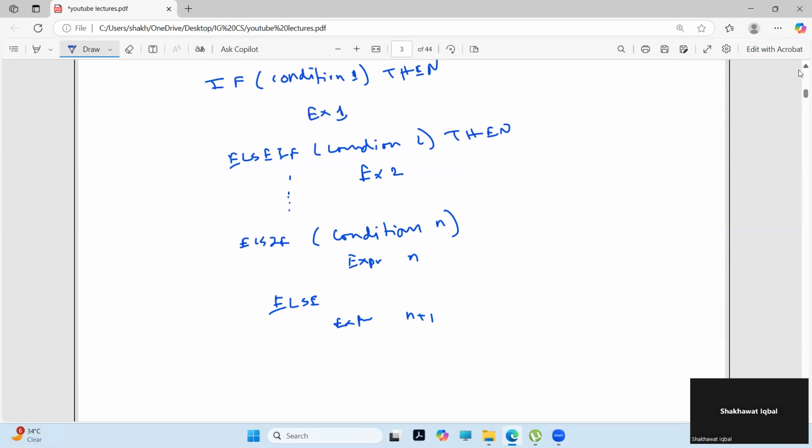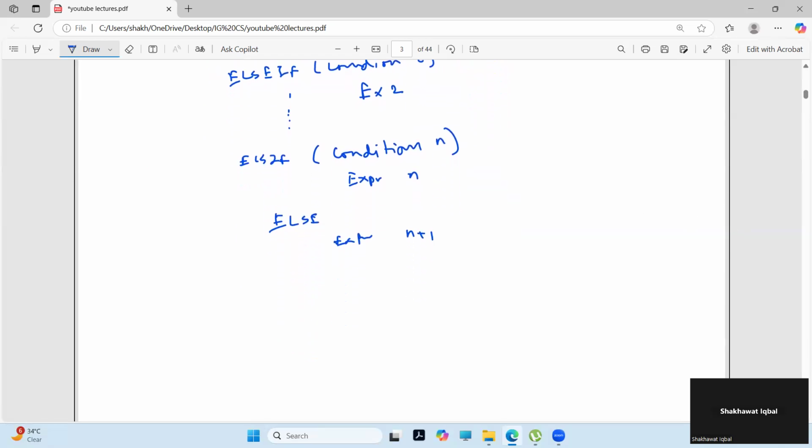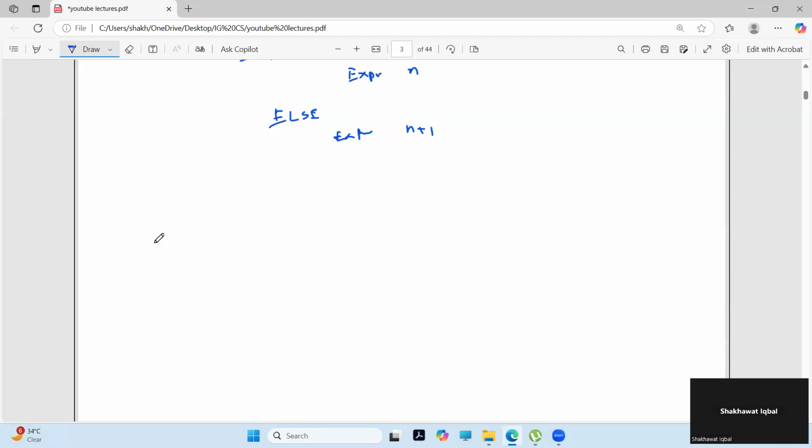So for the single if-then-else, I have already explained how to find whether a number is odd or even. So now, for example, you have a question like: input a mark and print the grade